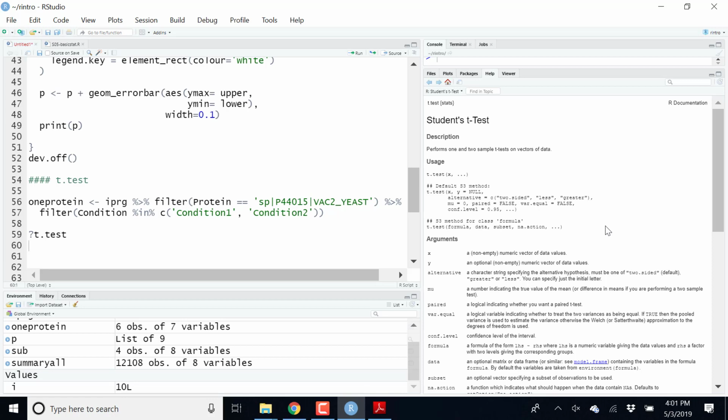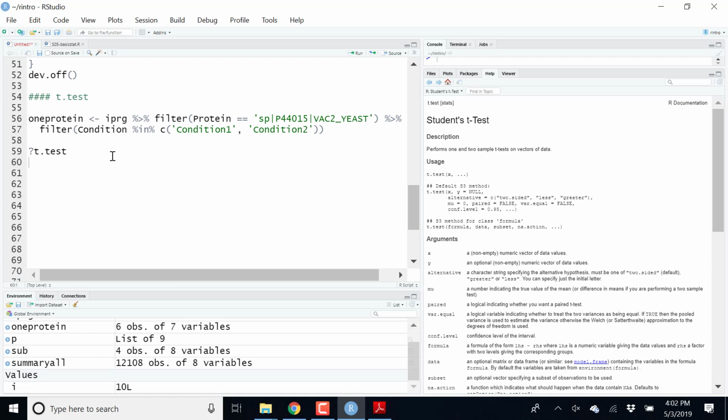You want a two-sided test or less than or greater than test. And if you have what is the mu value, or your design is a paired design, or you can assume the equal variance between the groups or not, and then what level of the confidence interval you want to calculate. There are several options there. And you can also check your default options. Then,